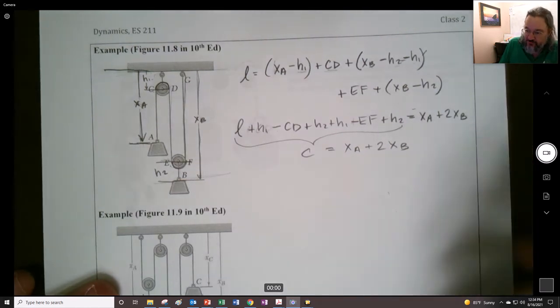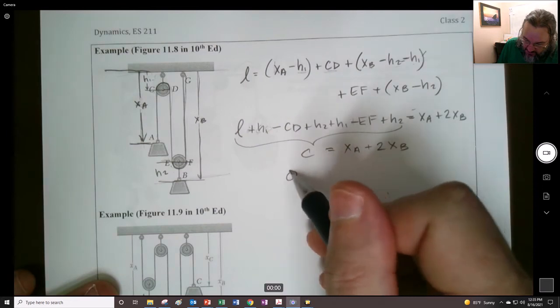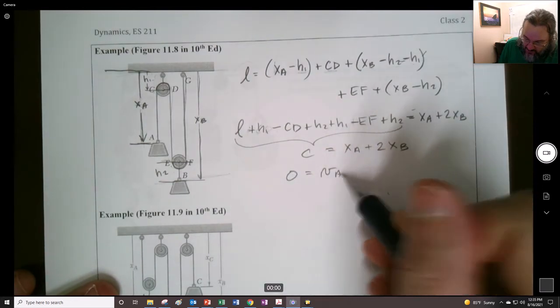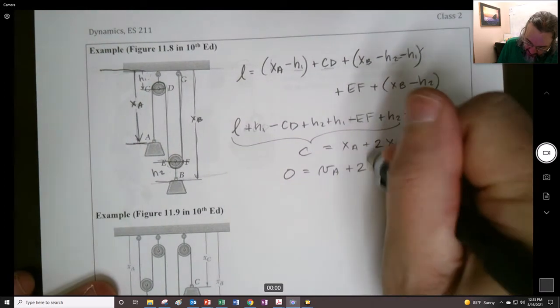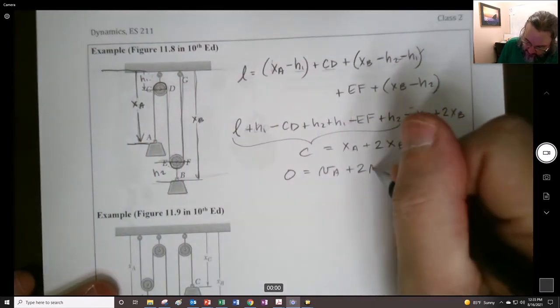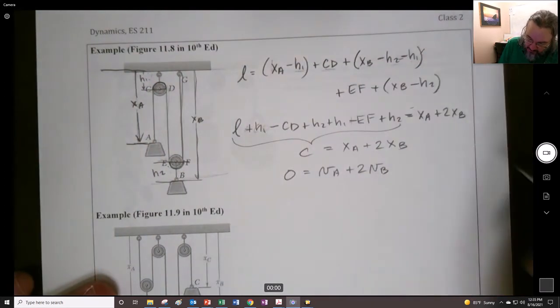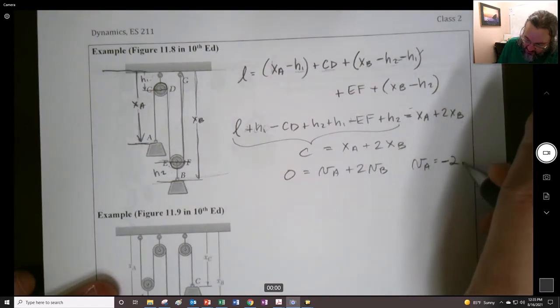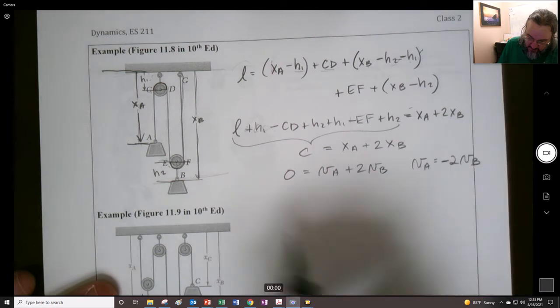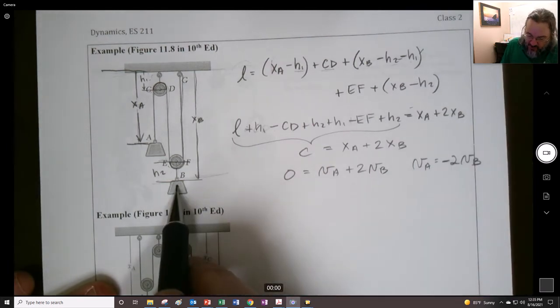Well, if we take the derivative of it, we're going to have 0 is equal to VA plus 2, oh, not X, VB. So therefore, VA is equal to negative 2 VB. So if this thing moves at 3 meters per second,